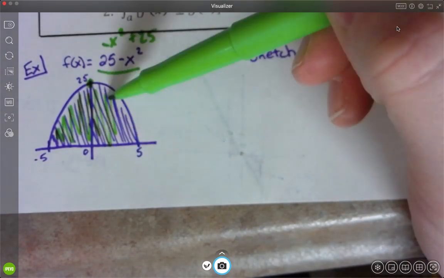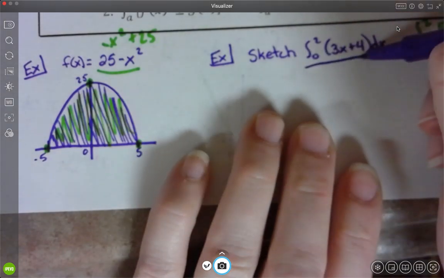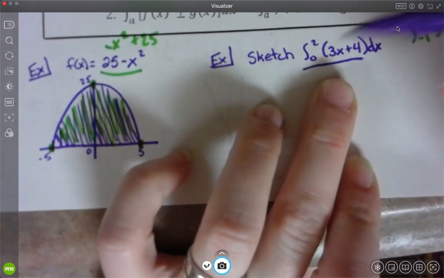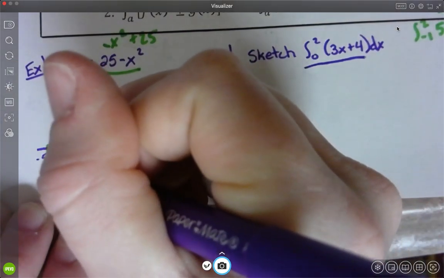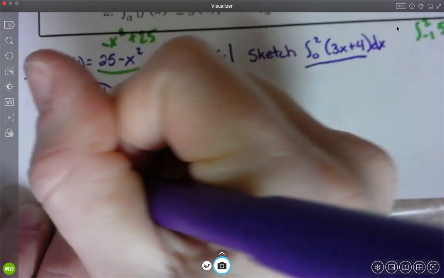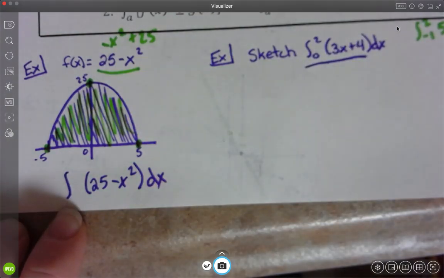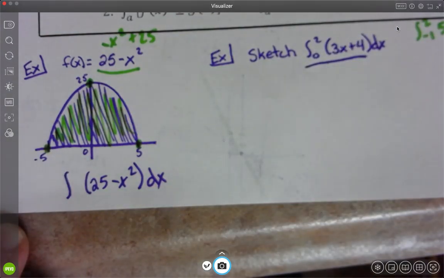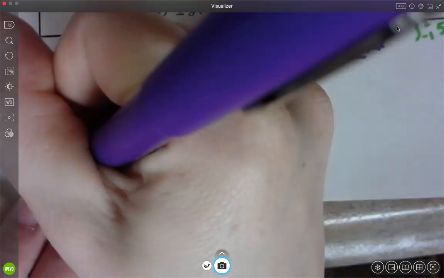Okay, so I've kind of sketched out the area underneath of there. Okay, what's going to happen is it's going to touch here at -5, and it's going to touch here at +5. And they are asking in the book for you to write out what the integral would look like. So they just want you to write it out basically in this form. Okay, like what you would go from, what to what, of the function dx, what that integral would look like. Okay, so kind of think about this. I know my function will be 25 minus x squared dx. Think about what 2 numbers would go, like where you're starting, where you're ending. Okay, so starting at -5, because that's where it touches the x-axis, ending at +5,